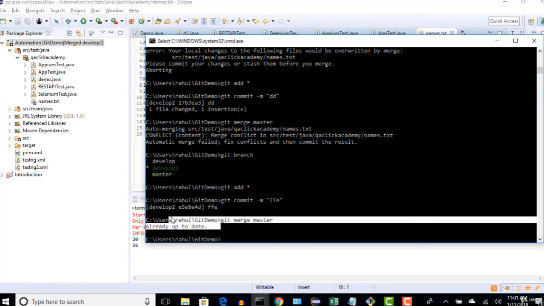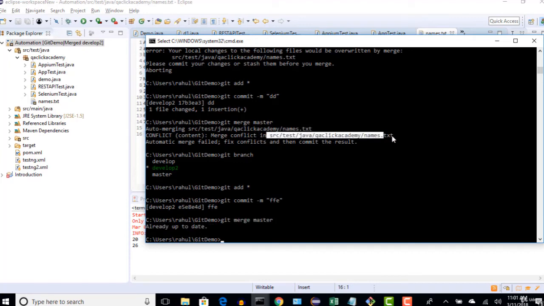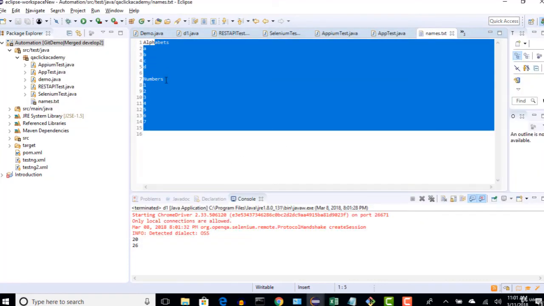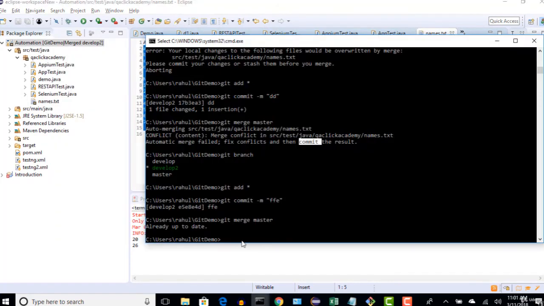Okay, so this is how you can work with merge conflicts. Whenever you get a conflict like this, do not panic. Just see which file the merge conflict occurs in. You will have a clear description in your error message. Go to that file and see who committed it previously. Talk to them and fix the code like this. If you can fix it by looking at the code, do it yourself and then commit again.